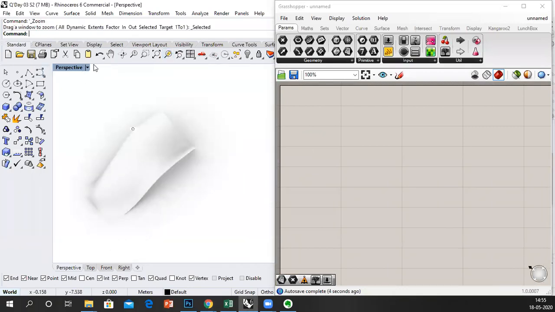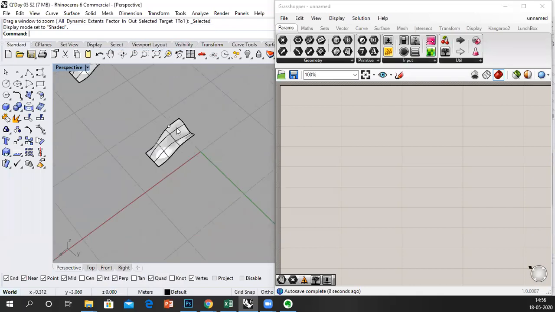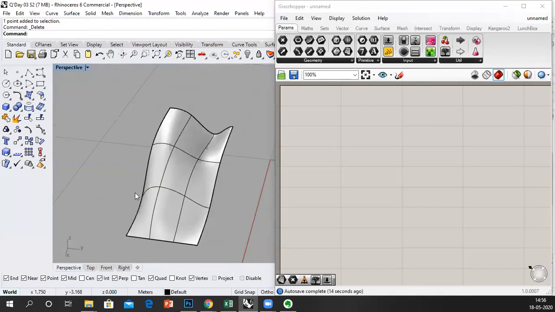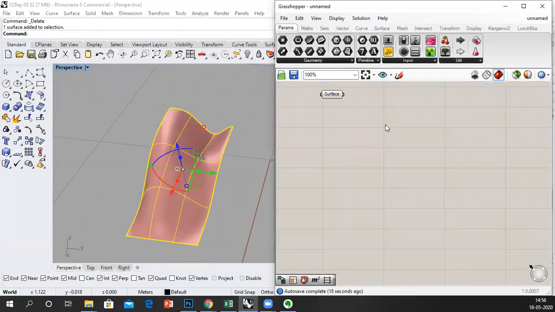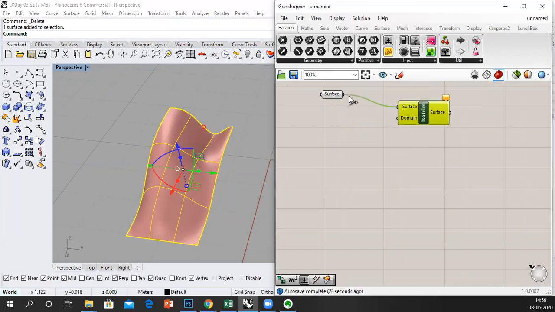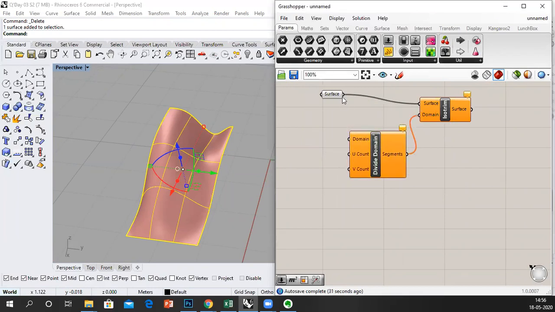I also wanted to do a quick revision on the spiral fabrication script, because a few of you had a little bit of problems. So I'll plug the surface in, set one surface as usual, isotrim, but I'm going to use a divide domain square, and instead of giving both the same values, I'm going to rename it.